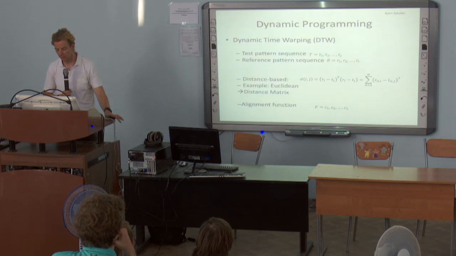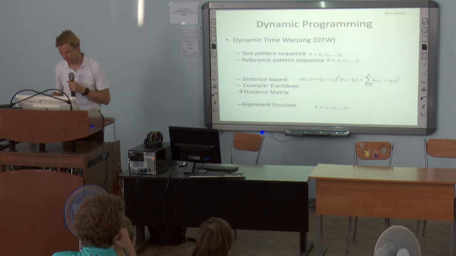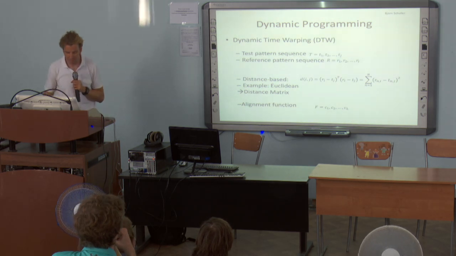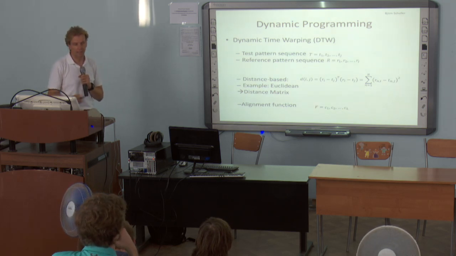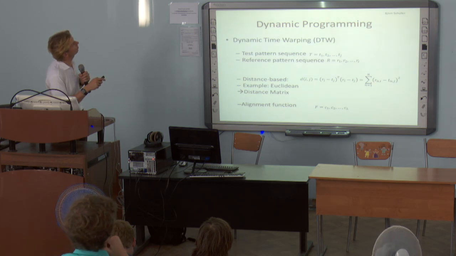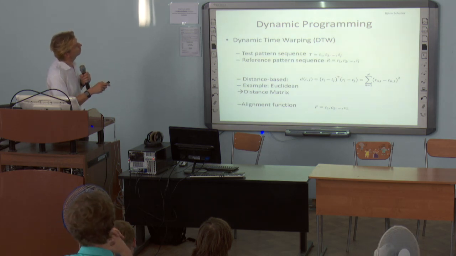So the next one was dynamic time warping, and we were talking about the 70s here, if not the 60s. But it's the basis for the oncoming ideas even in CTC today. And again, we want to map a time series of a test pattern of several feature vectors to a reference feature